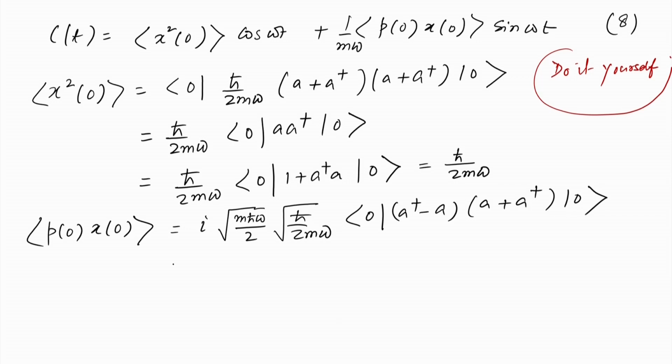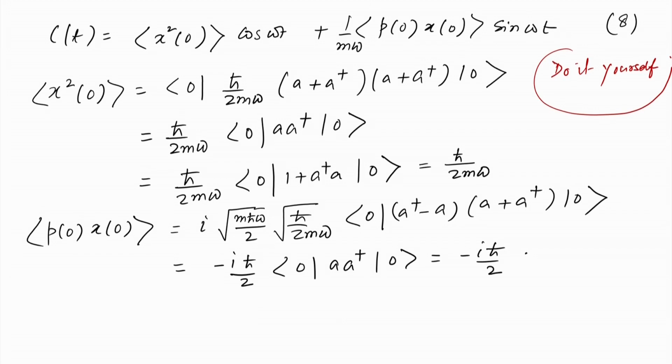and again use the same procedure as has been said. So, it is a minus I h cross by 2, and so 0 A dagger 0, which is equal to a minus I h cross by 2, because A dagger acting on 0 will create a boson and which will be annihilated by the A and will get normalization which is equal to 1. So, clearly now we have calculated both the terms, let us call them 9 A and 9 B. So, substitute 9 A and 9 B